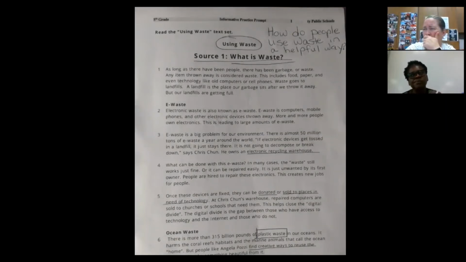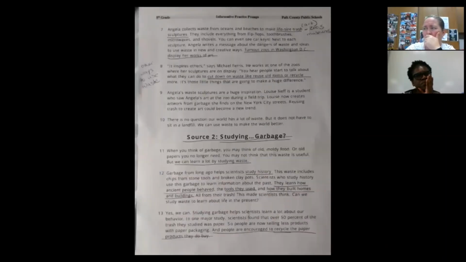You can go through and maybe you do all of source 1 that way. That's a possibility. And then when you get to source 2, maybe you have them work and do the same thing with a partner. That way it's like a gradual release. They're not on their own, because otherwise if they're doing it on their own, they're probably going to miss a